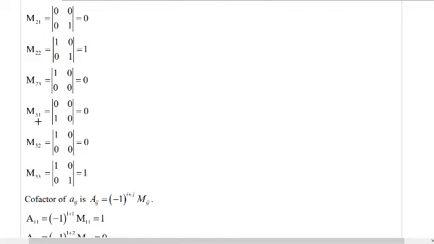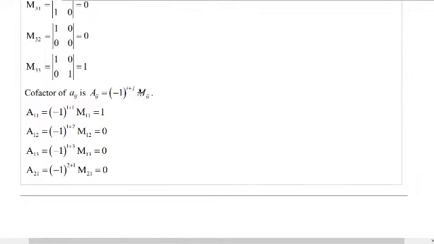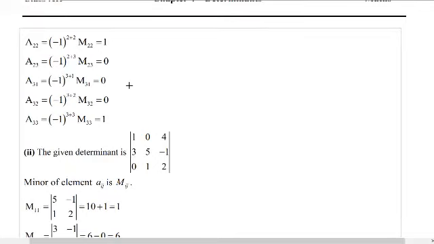3 plus 1 is 4, so even means no change in sign. 3 plus 2 is 5, which means change in sign, but again it will not affect the value of the cofactor. 3 plus 3 is 6, even, no change in sign. So once you apply this formula, you can straightforwardly write all the cofactors. Okay, so it's not a tough thing to do. Now next, the second part we'll do.